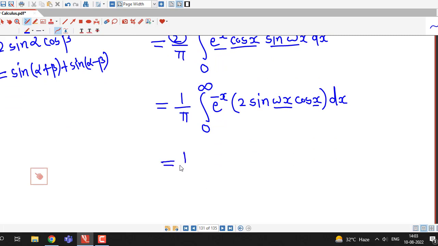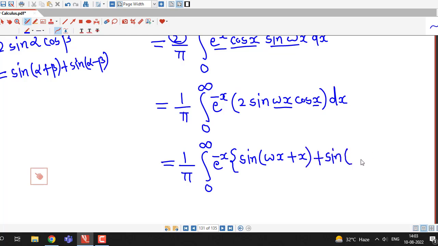So first we are rewriting our function in another form, integral from 0 to infinity e raised to minus x. First we have to consider sine of alpha plus beta. Alpha is omega x, beta is x, plus sine of alpha minus beta, omega x minus x integral with respect